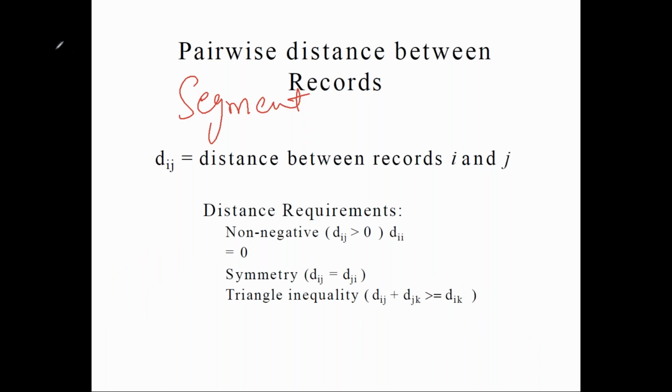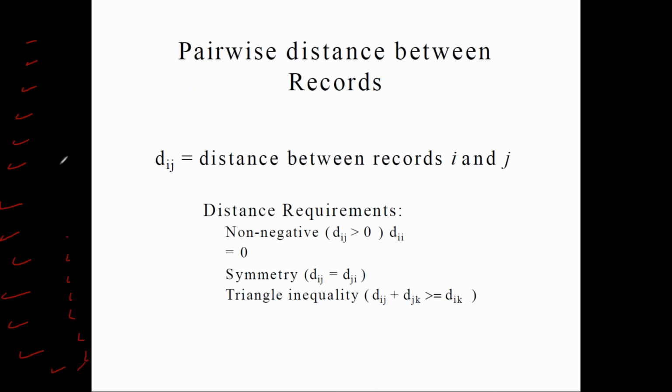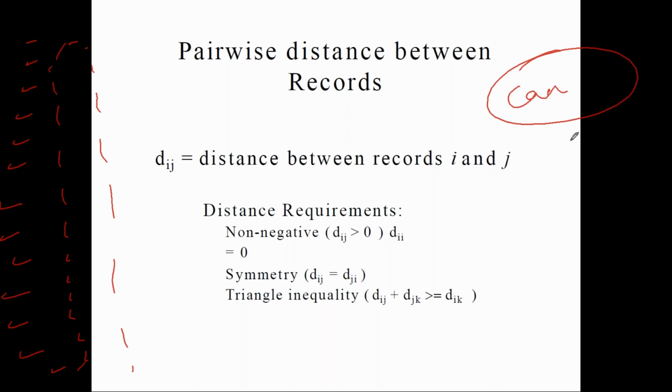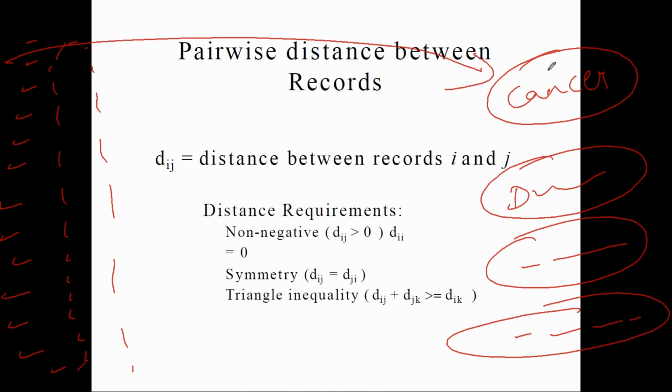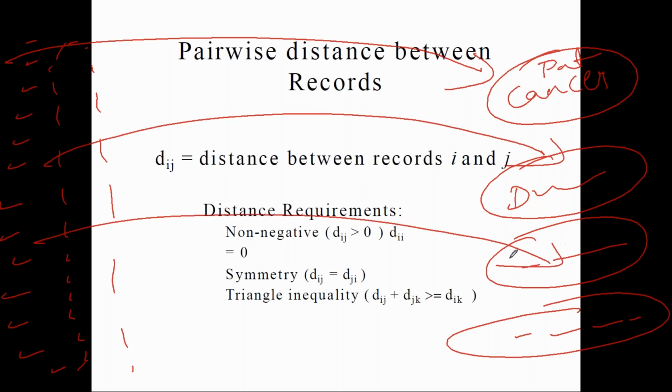This is not your linear regression, neither your logistic regression. This is another algorithm called a clustering algorithm. Consider that you have thousands of patients, and you want to identify which patient belongs to cancer, which to diabetic, and which to something else. You are not predicting here; you are grouping them into different clusters based on their data.